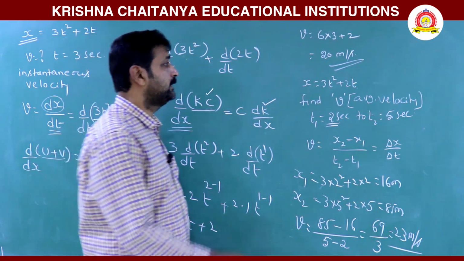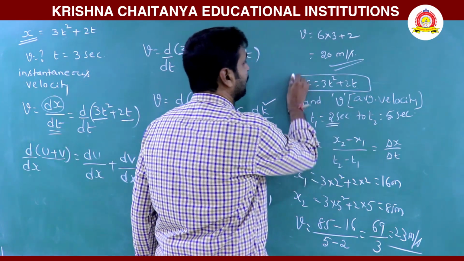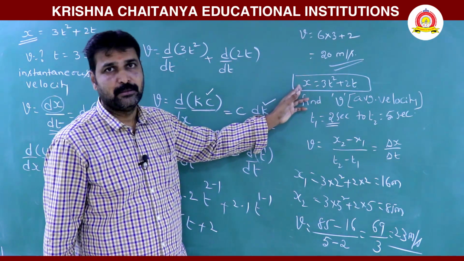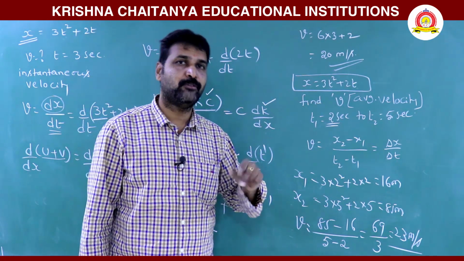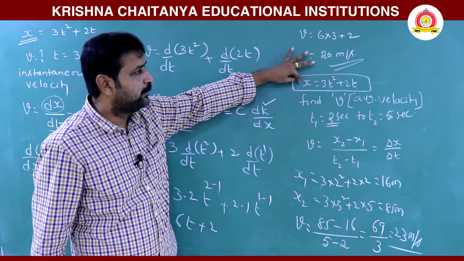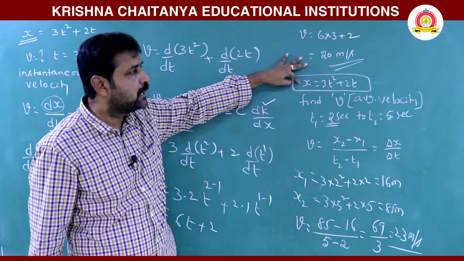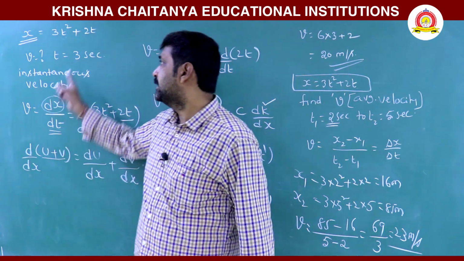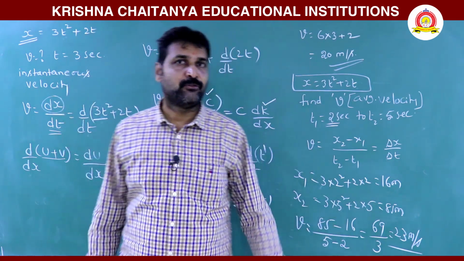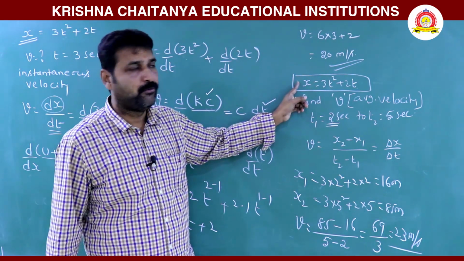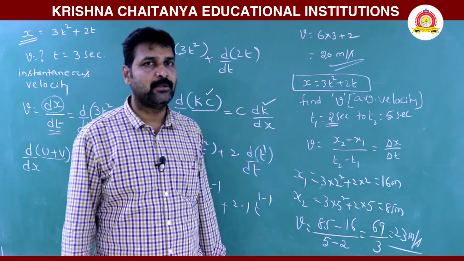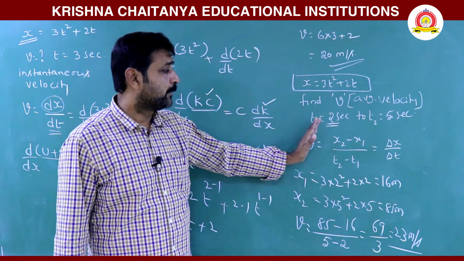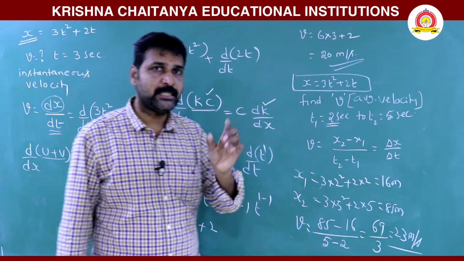Okay. So for the same position depending on time, means for the same expression, the problem can be asked in two different ways. For the same expression, you will be asked to find instantaneous velocity, where an instant time will be given. For the same expression, where position changes with time, you will be asked to find average velocity. So, with these two problems, you just identify.